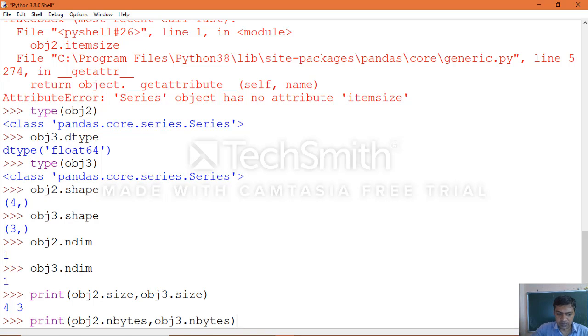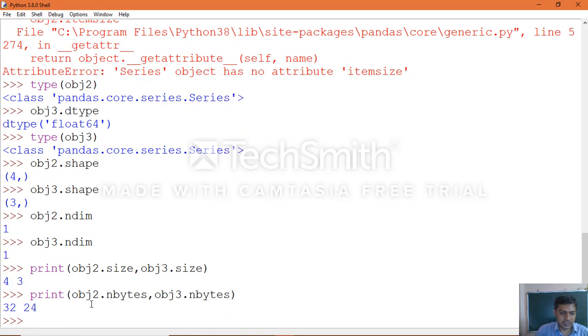Let's see the output: print obj2.nbytes, obj3.nbytes. Yes, we got the output for nbytes.